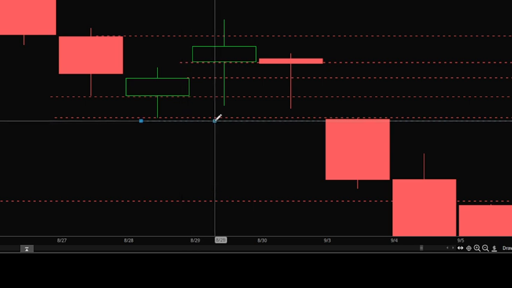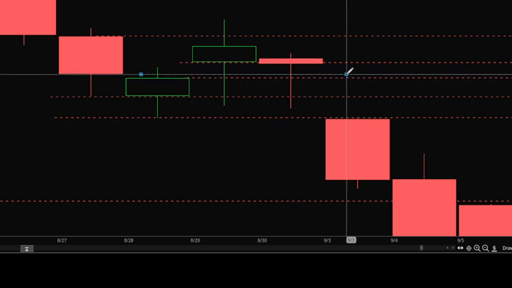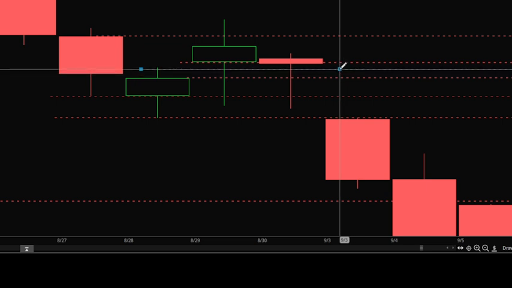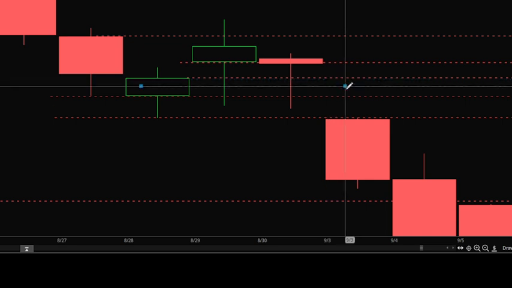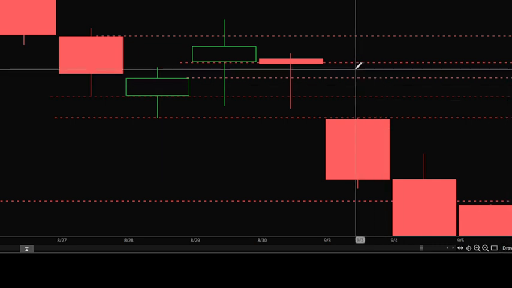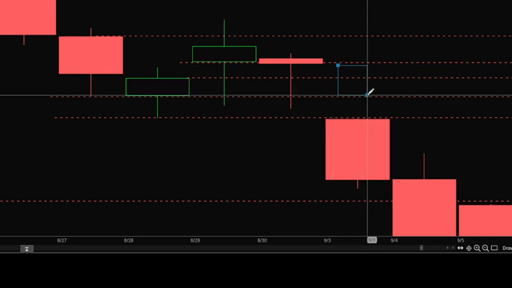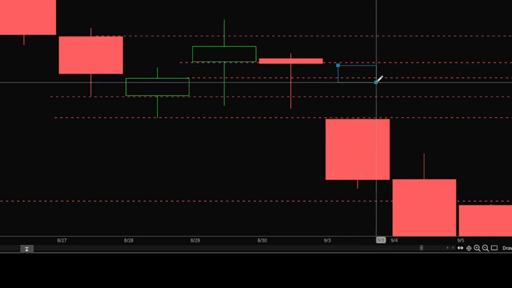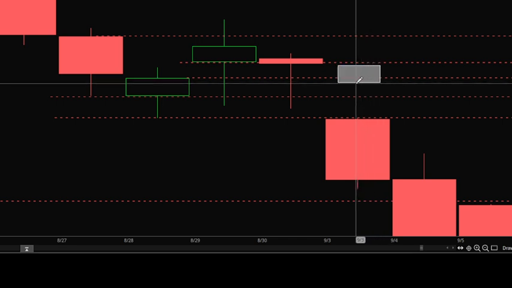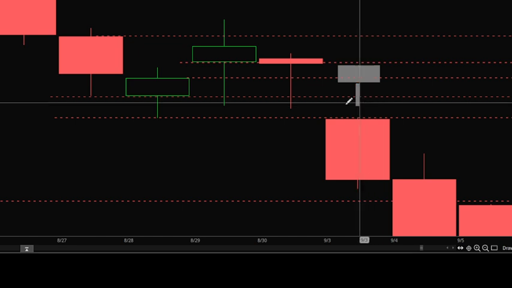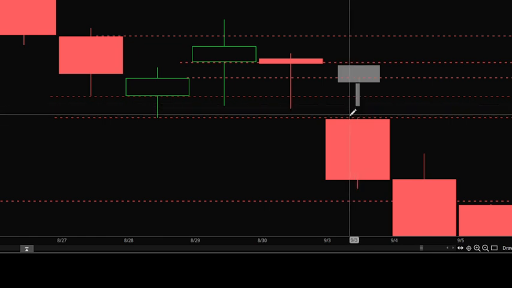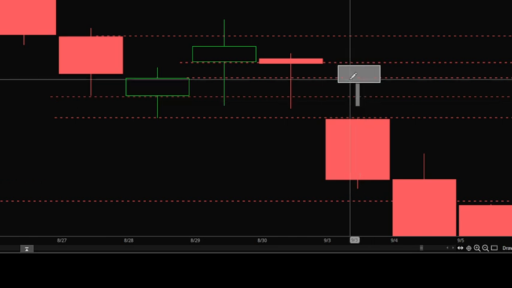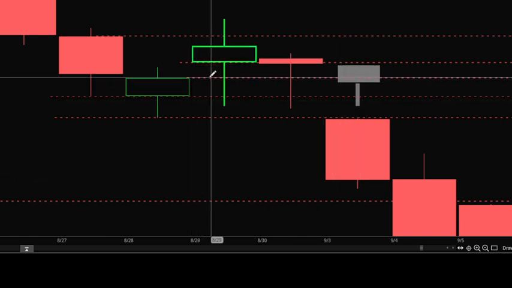So, where was I? Oh yeah, so I would have said that it probably would have opened where it closed, come down to retest here, and maybe even to here. So my prediction for that next day, more or less, would have been a candlestick that looks like this, with maybe a wick like this to test this line, maybe a fake breakthrough, and then a 50% to here. All right, and then close somewhere below this